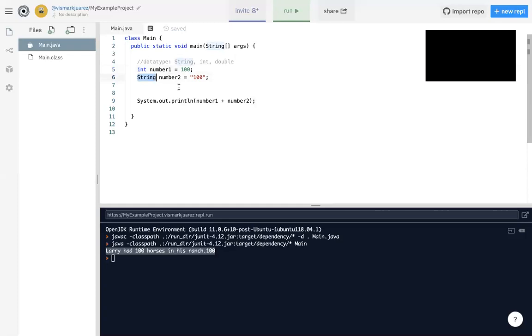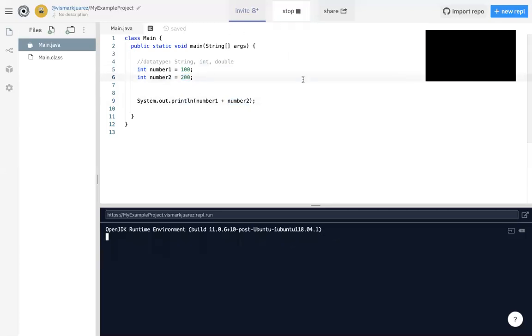And I'm going to create another variable here, also of type int, and I'm also going to keep it named number2, and let's say we'll keep it at 100 also. Actually, let's make things a little more interesting. Let's change that to 200. So now what happens when I print this out? I'm taking number one, which is an int holding the value of 100, and I'm adding to that number two, which is also of type int and a value of 200. If I run this,